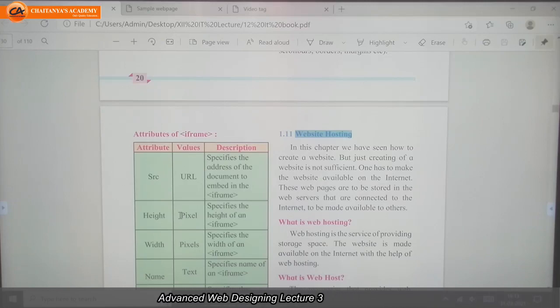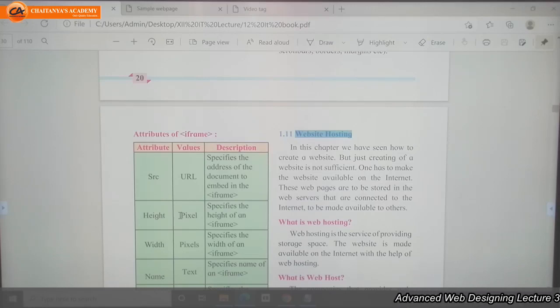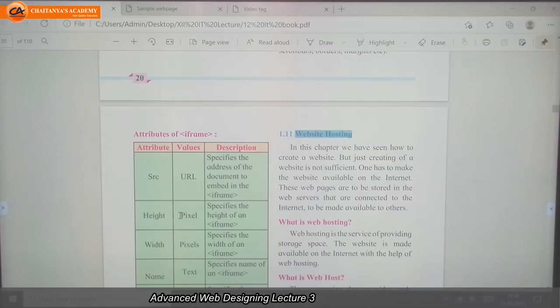After that, we discussed the audio tag and video tag to display audio files and video files. Then we discussed the image map to display an image with multiple hyperlinks on it. Then the iframe tag to display inline frames. So by using this, we can design our web pages. This is all about how we created the web page.